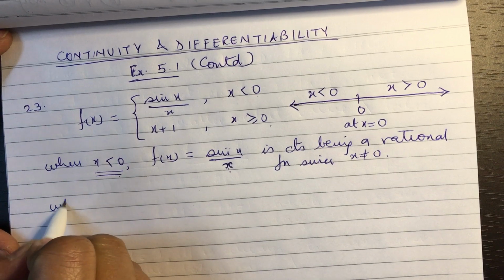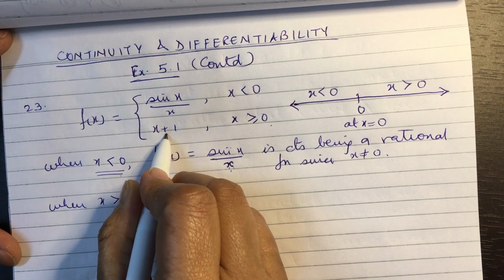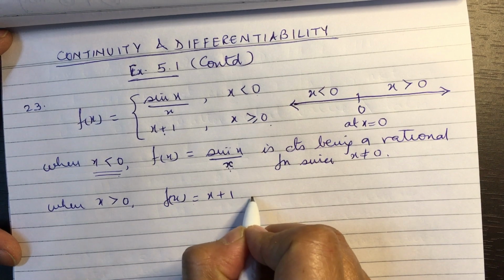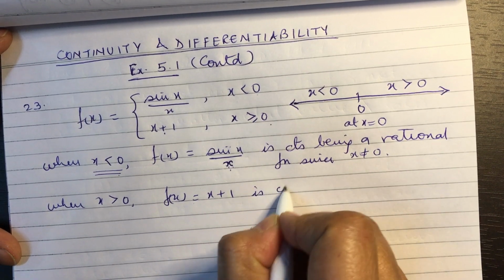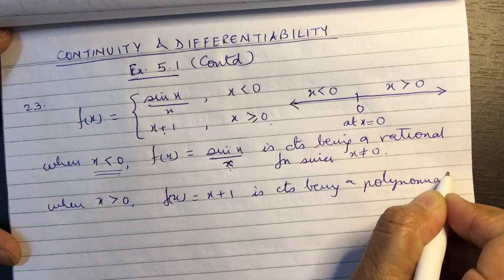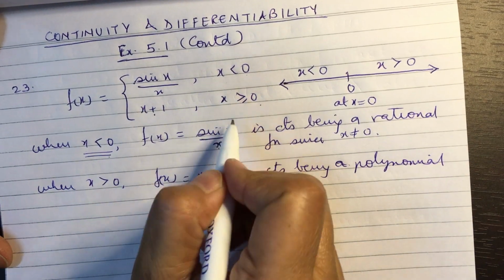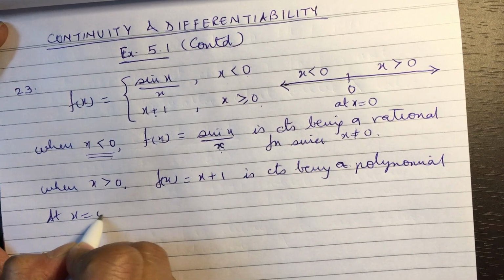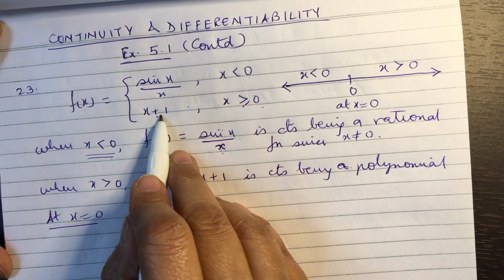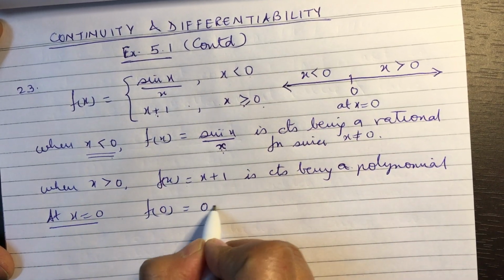Now when x is greater than 0, f(x) is equal to x plus 1. Now again it is continuous, being a polynomial. Now the only thing left is to check at x equal to 0. So at x equal to 0, first we find the value of the function. Clearly from the question, at x equal to 0, f(x) is x plus 1, so 0 plus 1,